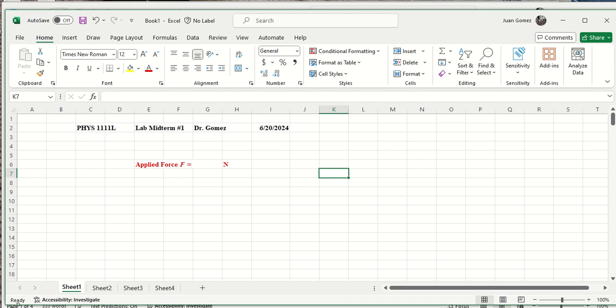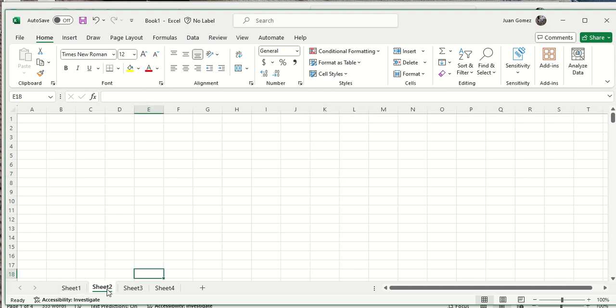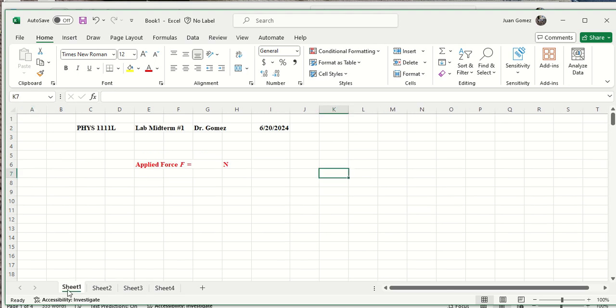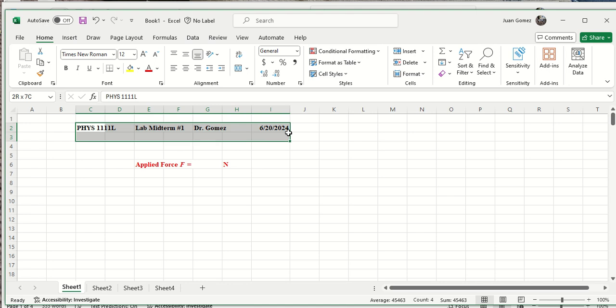Now your Excel file, you want to have 4 sheets. You're going to have one graph on each sheet. So notice I have sheet 1, sheet 2, sheet 3, and sheet 4. And you want to put the title on there. Obviously, instead of Dr. Gomez, you'll put your name. But you want to have your title on sheet 1. And notice in sheet 1,